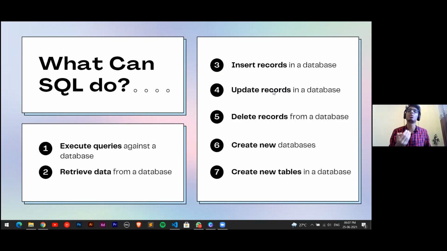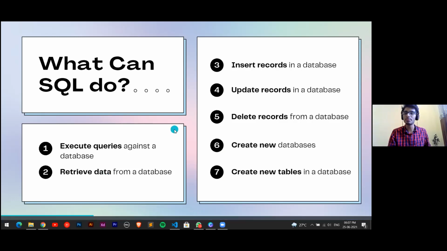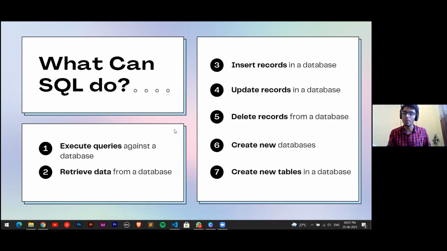When we open an application, if we go on a table tab or if we want some info over there, we see info, read more, and we just click on that. An info page or any information is shown to us. So we are reading the data from the database. That is known as read, which in this case is retrieve data. While we fill up a form, we fill the details and we submit the form. What happens is a new entry is created in our database. That is known as create.